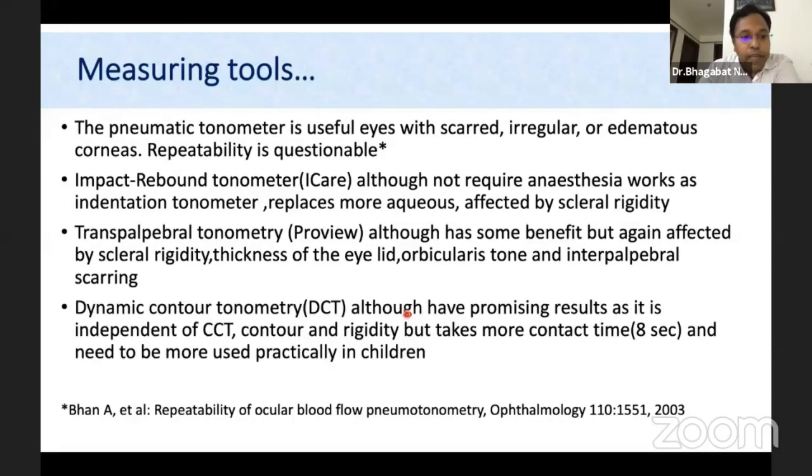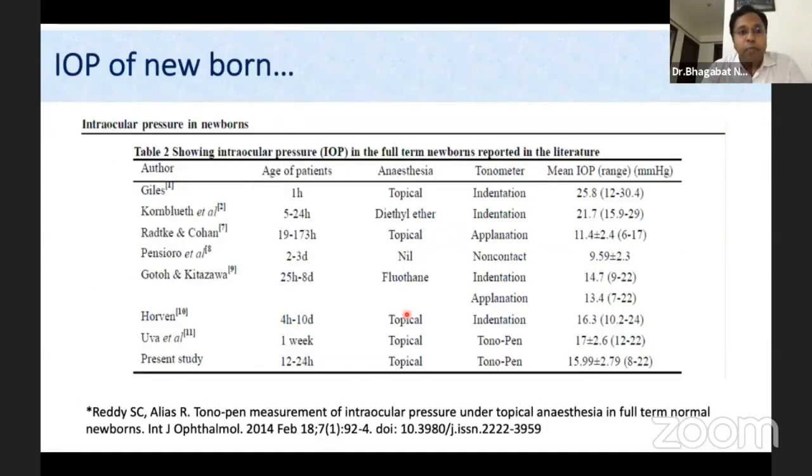The newer one, dynamic contour tonometry, has promising results, as it doesn't depend on the CCT or contour and rigidity of the cornea, but it takes time, almost 8 seconds, which is difficult in children, and it needs to be made more practical in children. So among these, what I want to conclude is that applanation tonometry is still the gold standard for children. And if you ask what the IOP of a newborn is,